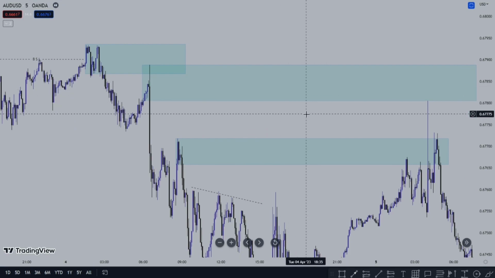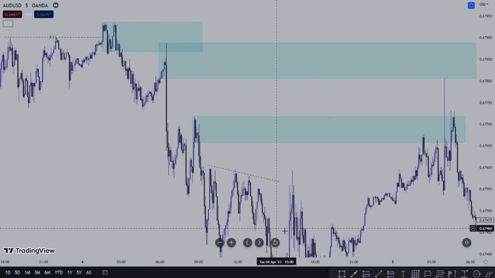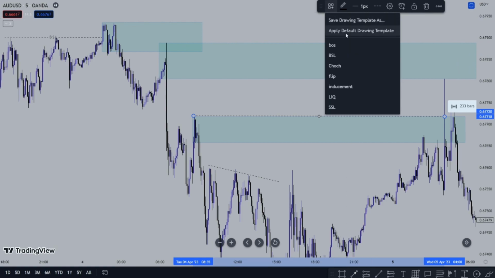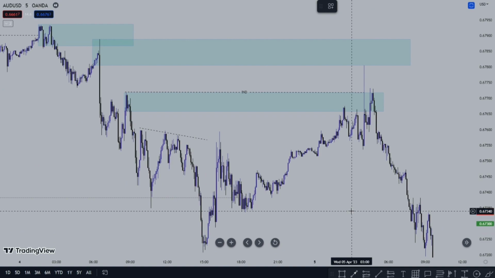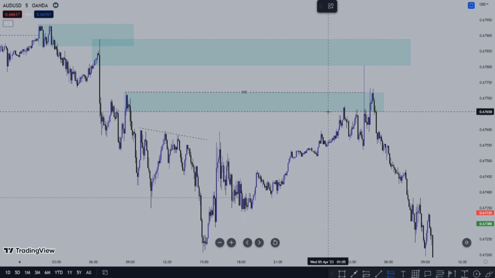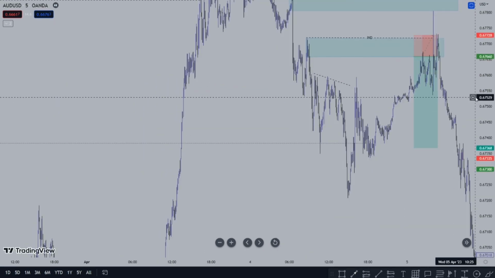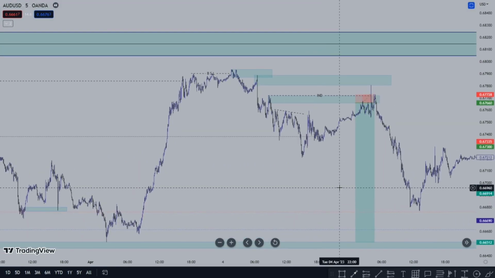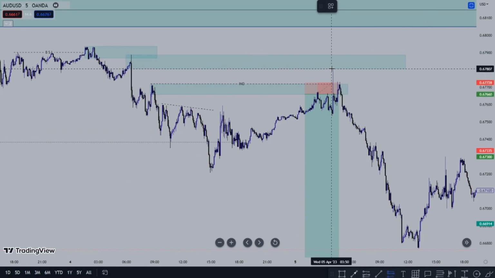And why did this zone play out better? Because we have imbalance there. We have imbalance, and this acts like inducement. So the first entry was a stop loss hit, obviously. As you can see, the target was this area down there, and this was a stop loss hit, but the second area gave the sniper entry,